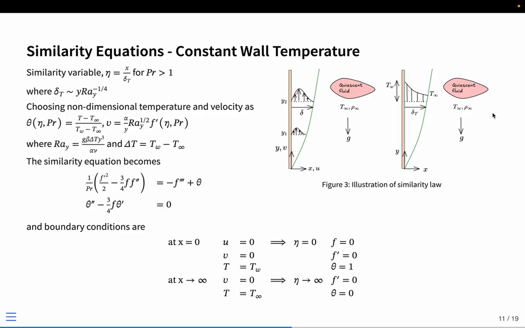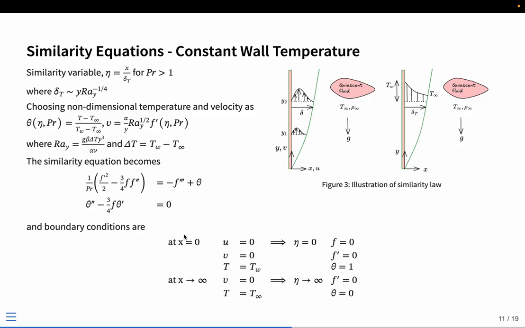We also non-dimensionalize the temperature, T minus T infinity, with respect to the wall temperature. And this V is the vertical velocity that we are aiming to find, which we already know will scale as Ra to the power half. You can obtain this also from the stream function. You can take the stream function as this and then take V equal to minus del psi by del x and U equal to del psi by del y, whichever way you come up with. Once you obtain these values, you substitute them back into the governing equations to obtain this equation